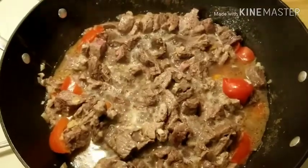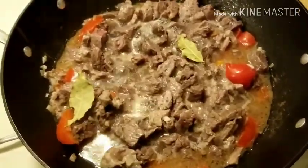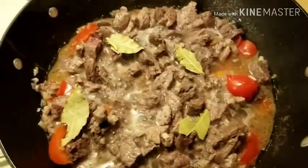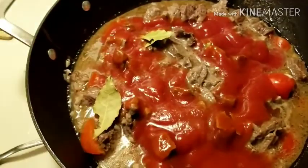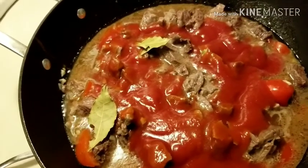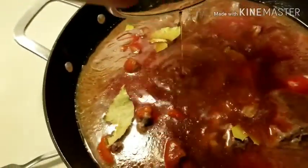Here it is, guys, after 5 to 10 minutes. So we're going to put bay leaves, 3 to 4 leaves of bay leaves, and then we're gonna put the tomato sauce on it. And of course the beef broth rather. Then we let it simmer